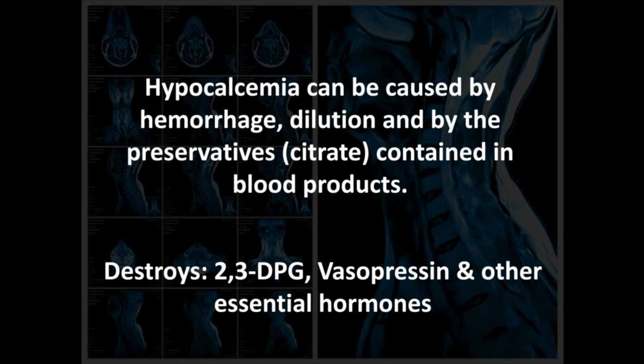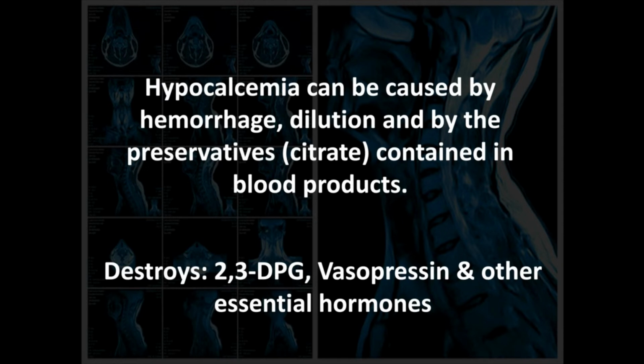Now remember, we're giving packed red blood cells, or we're giving whole blood, for one reason: to increase O2 carrying capacity. And so our hemoglobin is pulling all these O2 molecules. Our seats at the table are all filled up. But because the 2,3-DPG cannot do its job, we have a poor ability to deliver that oxygen to the tissues. So that's just one problem. Giving calcium basically starts unencapsulating that 2,3-DPG. And studies have shown it takes 8 to 12 hours before even half of those are able to be utilized to where you can offload oxygen normally, and maybe up to 24 hours for that to completely unencapsulate